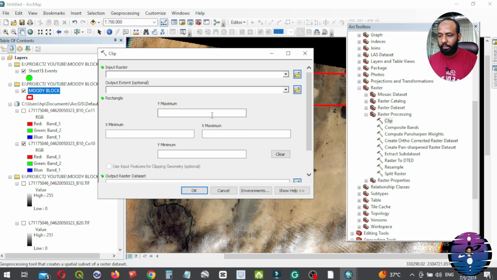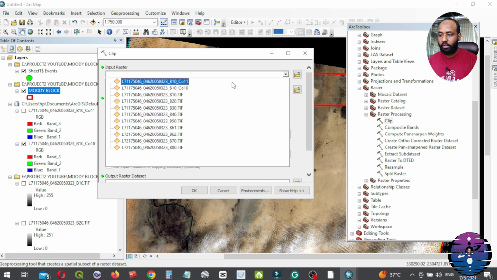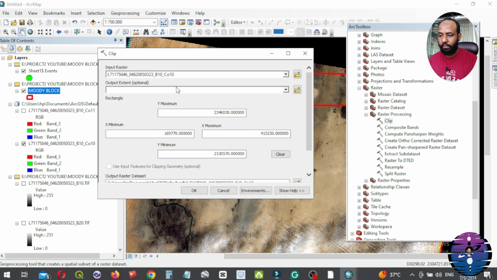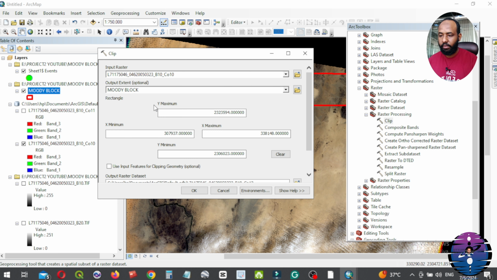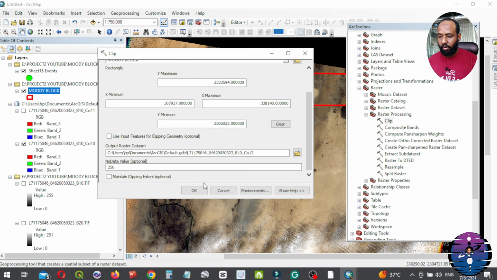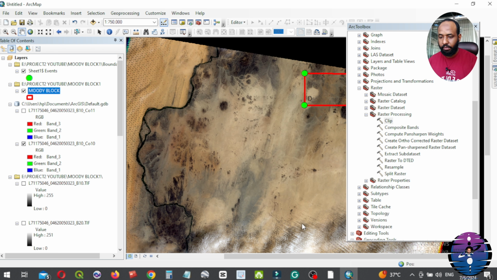Here clip, input raster, output extent, optional. Okay, input raster, we input, for example, composite band. Output, we choose our block MODI block, save file MODI block. Then we click OK to complete the process.